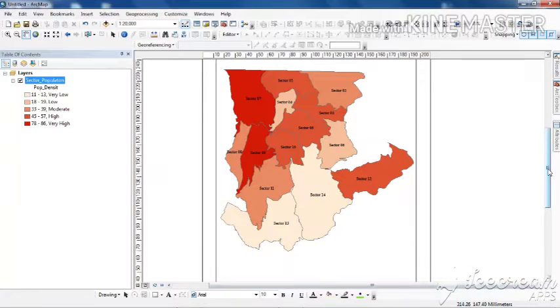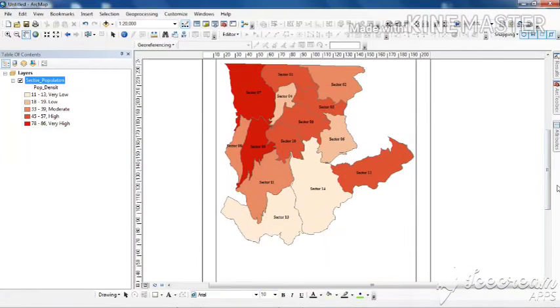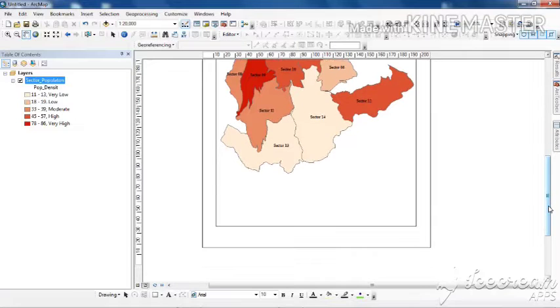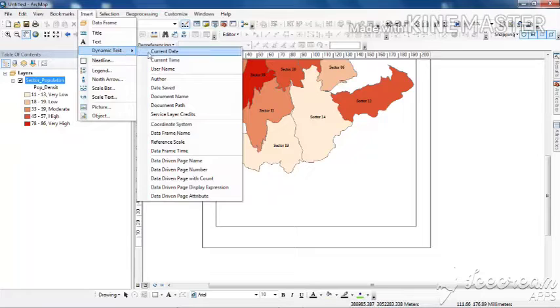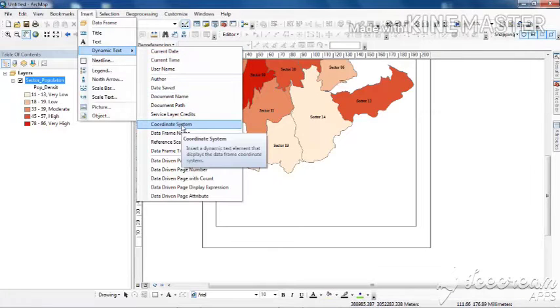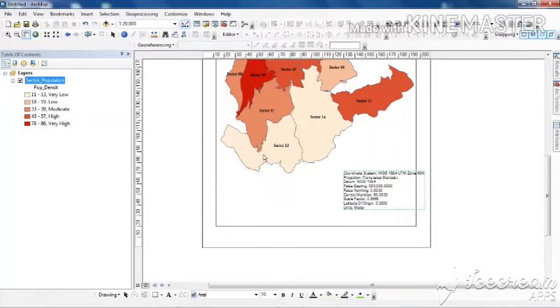Okay. Now we will have to add the dynamic text related to the coordinate system and other things, because we need to specify very clearly what the data and projection are that we are using, for the sake of the global community in GIS.